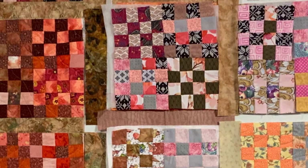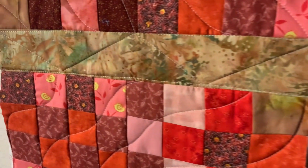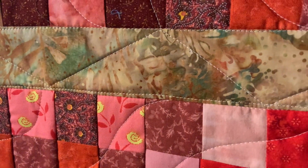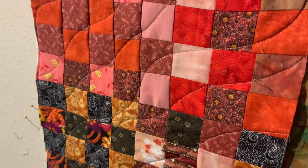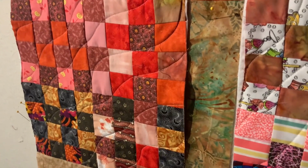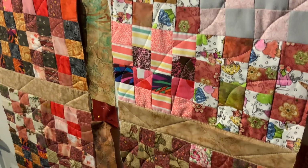Well, so far I've been liking it. I've been working away at this for a day or two, and now you can see the results, and I believe that they're working out for me. It's still easy enough for me to handle, easy enough for me to quilt, and it's not heavy all at one time. So when I first got my little squares all together and quilted that 12.5-inch square,